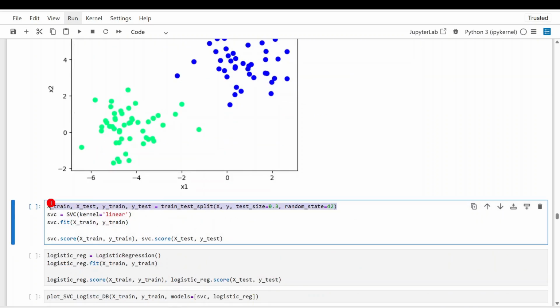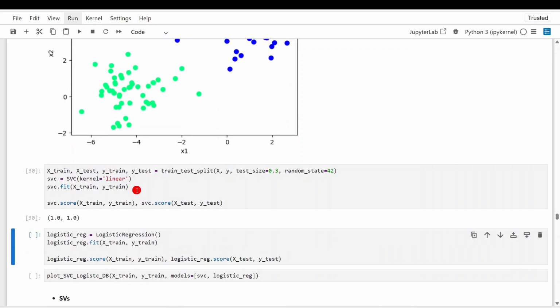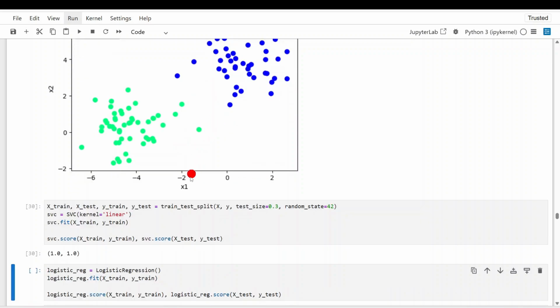So we need to split into train and test. As usual, let's instantiate our linear support vector classifier and then train our model, and let's get the score. Again, here clearly this data is also linearly separable. It's linearly separable because a straight line that passes through here can separate these blue and green points. Therefore, the linear support vector classifier has a 100% accuracy in separating these two different classes in both the training